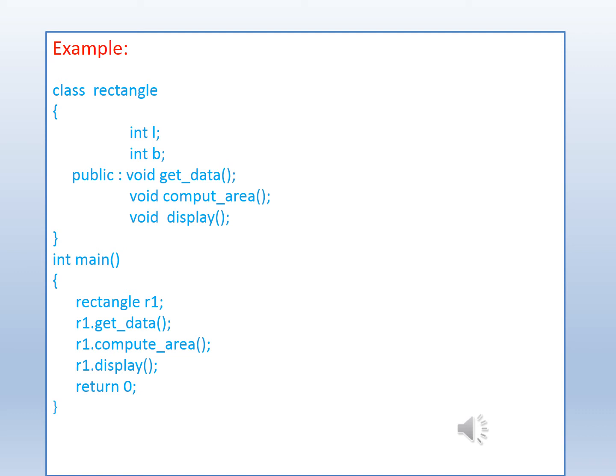member functions. In this example, L and B are data members of a class rectangle, and the get data function, compute area function and display function are member functions. The declaration of the object is Rectangle R1, ending with a semicolon. R1 is a class variable that invokes the member functions, that is R1.getdata(); R1.computearea(); R1.display();